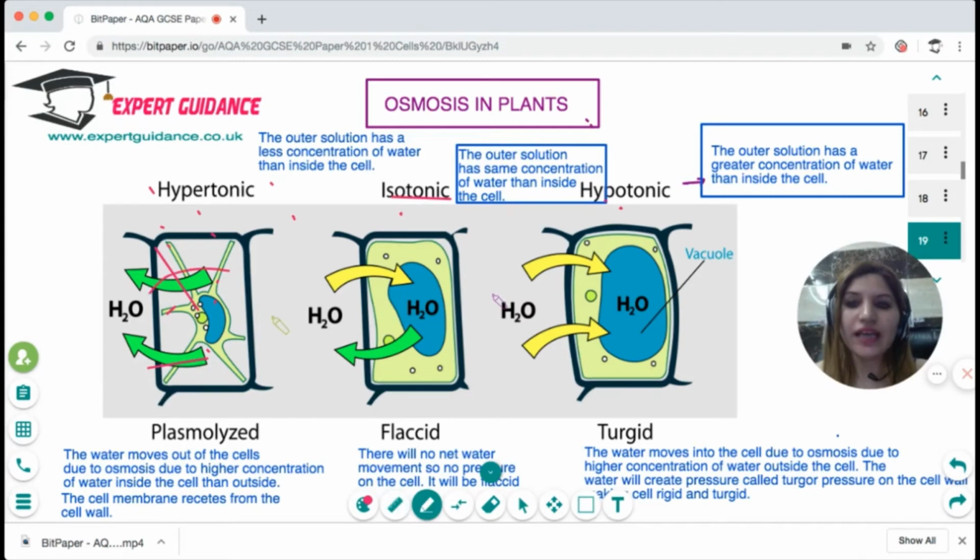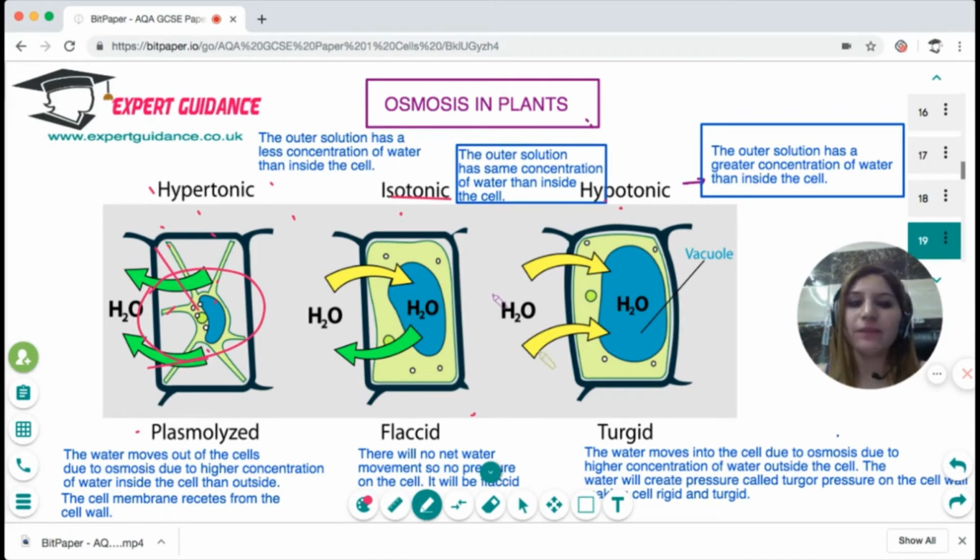So when a cell is placed in a hypertonic solution, it shrinks, and this condition in a plant cell is plasmolysis. On the other hand, when you place it in a hypotonic solution, that is more concentration of water, the water will move into the plant cell by osmosis. Then the plant cell will increase in size, become swollen. As it becomes swollen, it will give a pressure to the cell wall and the cell membrane. That pressure is known as the turgid pressure or the turgor pressure,